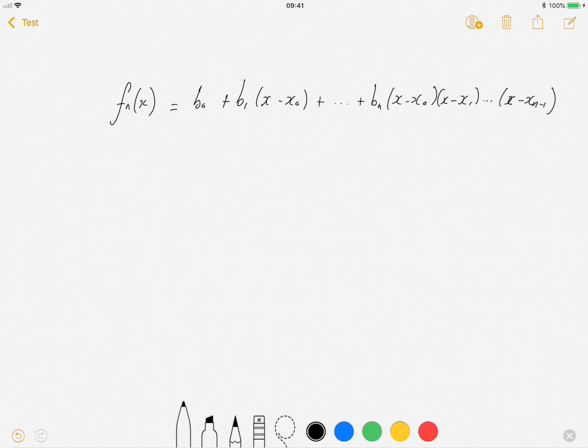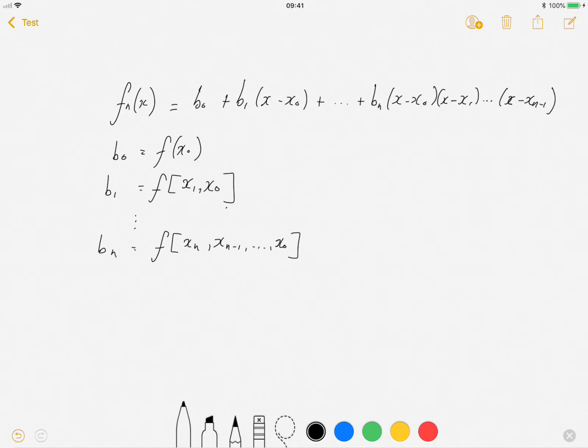And as before, b0 is equal to f(x0), and b1 is equal to f[x1, x0]. Square brackets are now indicating that I'm using the data point, and bn is equal to f[xn, x(n minus 1), all the way to x0],